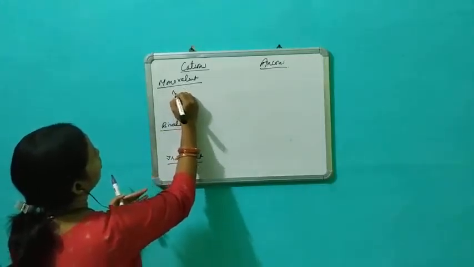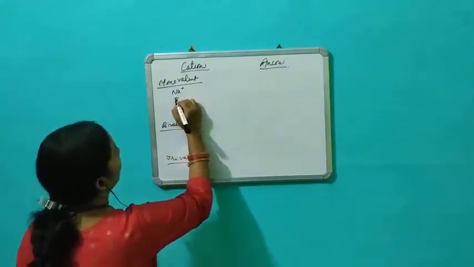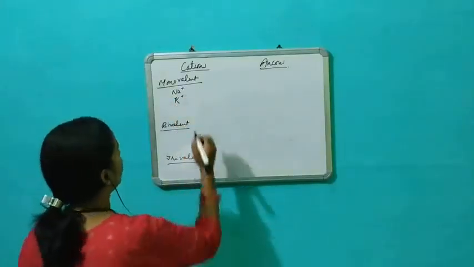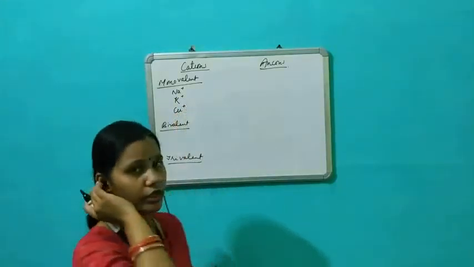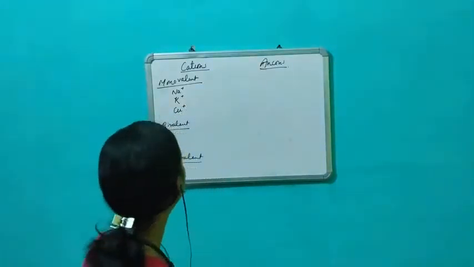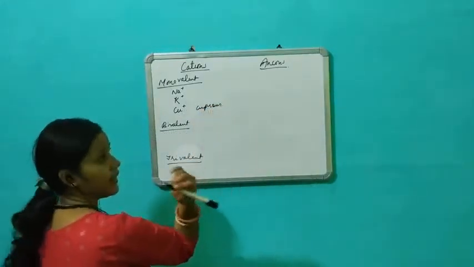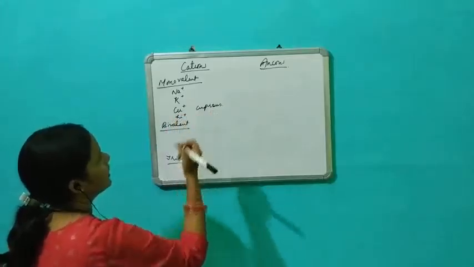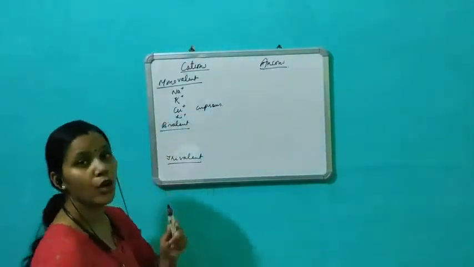So sodium can lose 1, so it will form Na+. Potassium can lose 1, so K+. Copper can lose 1, though it can actually show 2, copper 1+ and copper 2+. The name is known as cuprous. Then Li+, all these have the ability to lose 1 electron, that is why they are forming 1+.